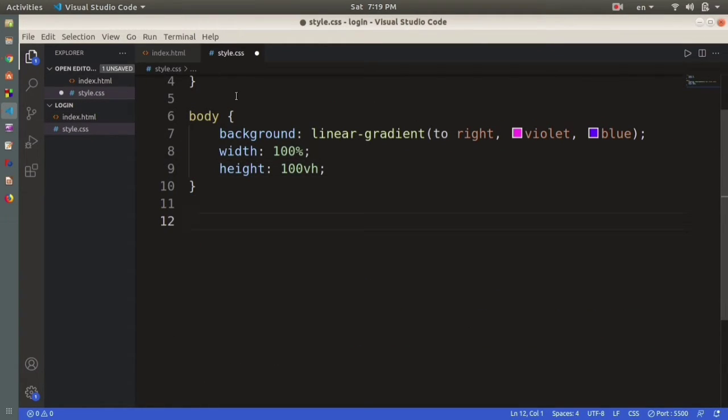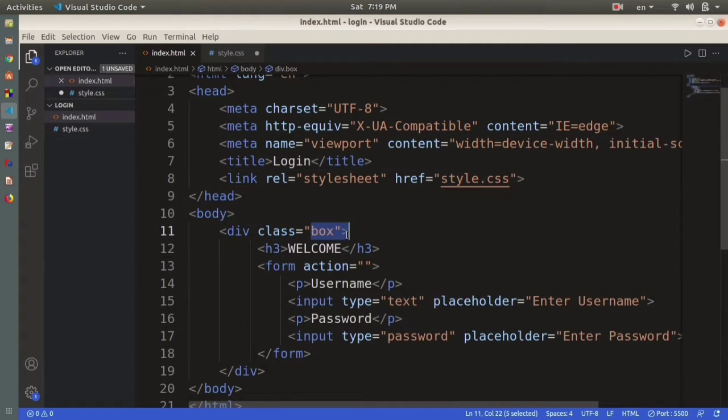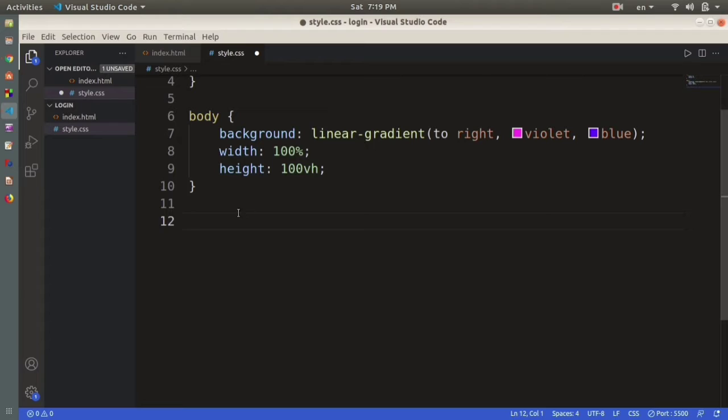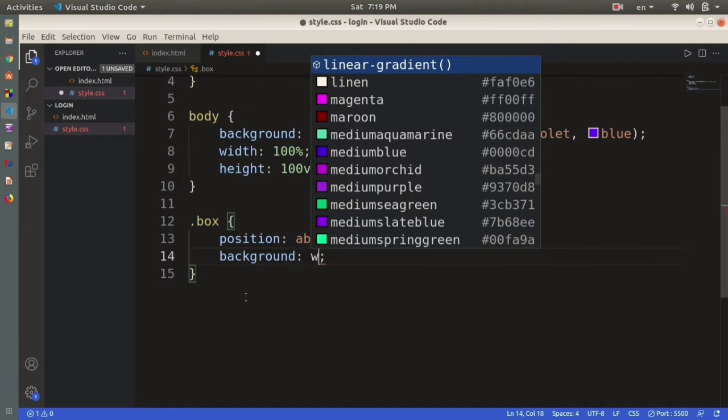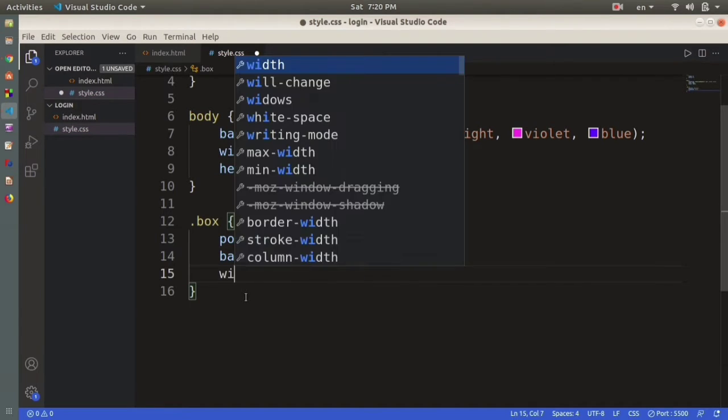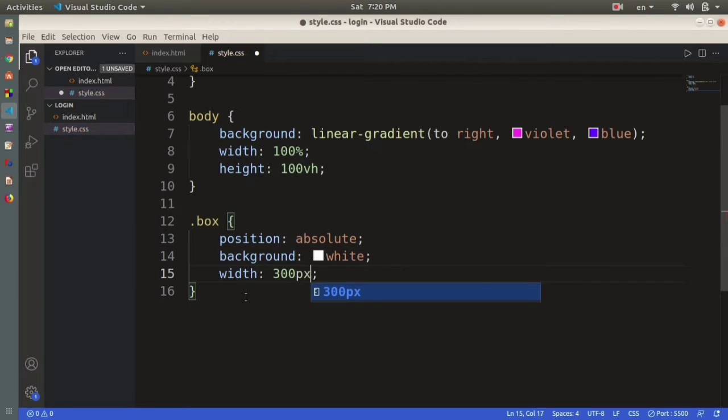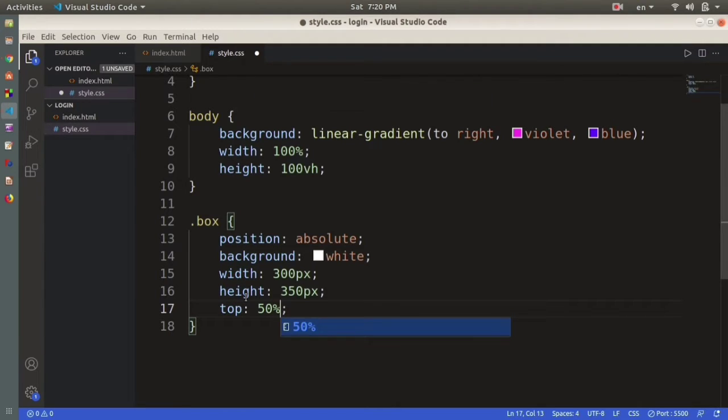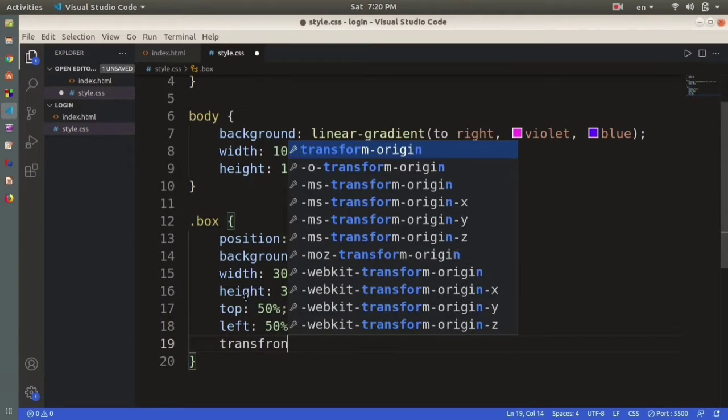For that we'll go to this particular class which is box, dot box, and here we're going to write position absolute, then background will be white, then width will be 300 pixels, then height will be 350 pixels, top 50%, left 50%, transform,